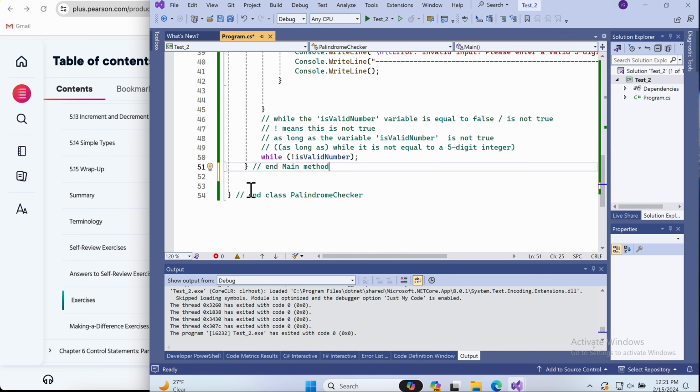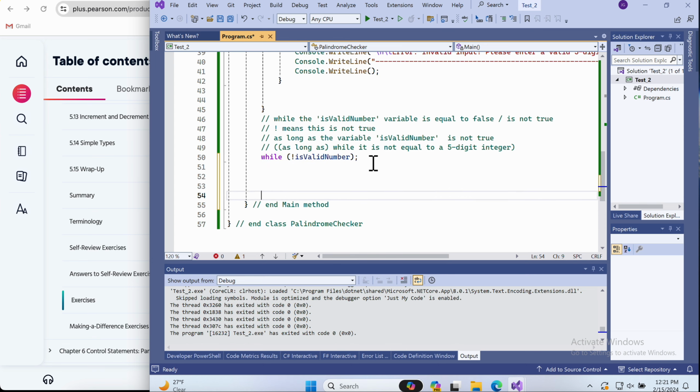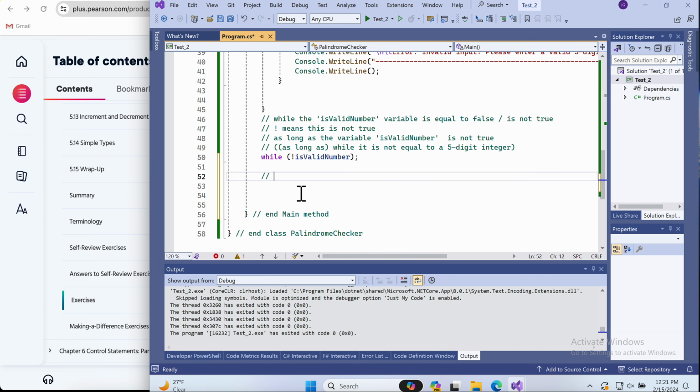So we want to stay still within our main method, but after the while loop, after the do while loop. And we're going to make an if statement that says, let's give some space, if it is true that the value of number,